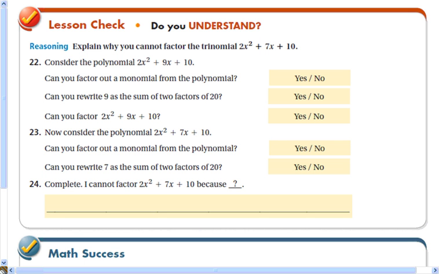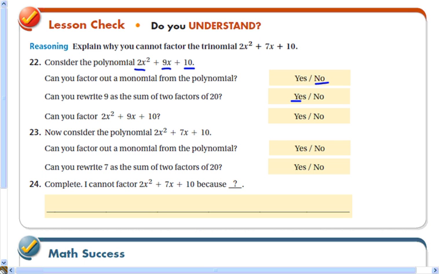All right, go ahead and do the lesson check here. Explain why you cannot factor the trinomial 2x squared plus 7x plus 10. Actually, I'll do this with you, help you out. So for the first one, we have 2x squared plus 9x plus 10. Can you factor out a monomial from the polynomial? No, because 2x squared, 9x, and 10, the greatest common factor of all those is 1. So can you rewrite 9 as the sum of two factors of 20? Yes, you can, because